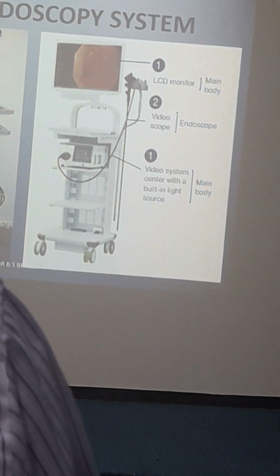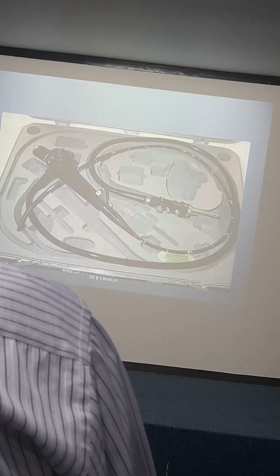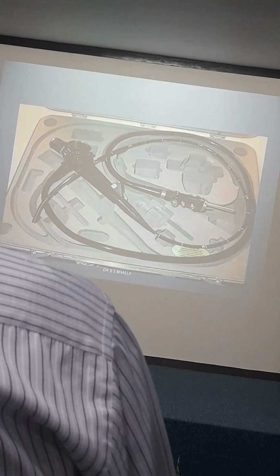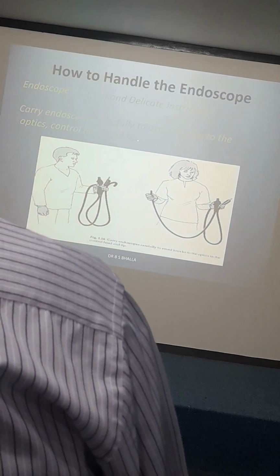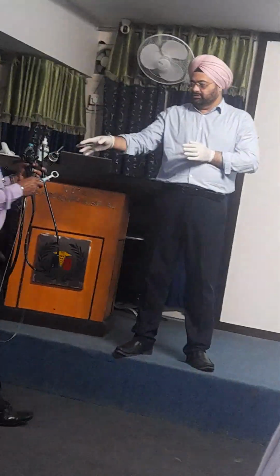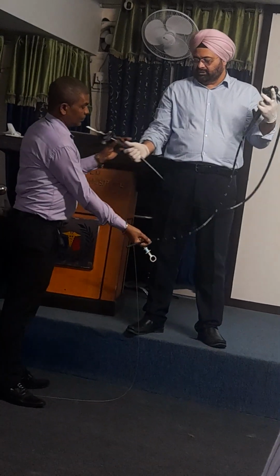So how does a scope come to you? From the very beginning, if you receive a scope, it usually comes in a customized box. They are very delicate instruments. They may look sturdy, but they are very delicate. So they come in their own customized box like this, and then you take it out for using it. The first thing which you should learn about your scope is how to hold this scope. So this is one end,